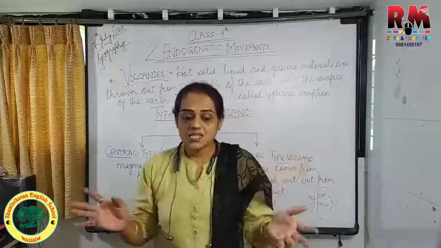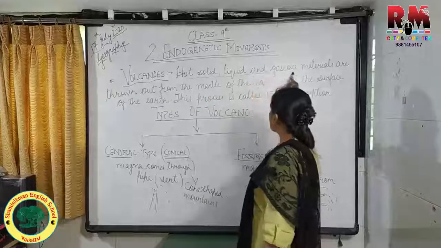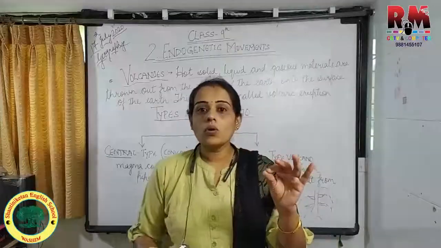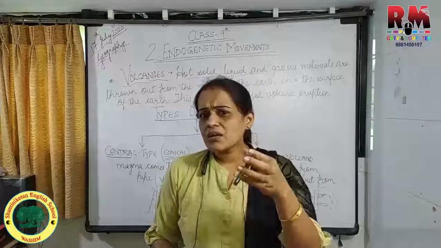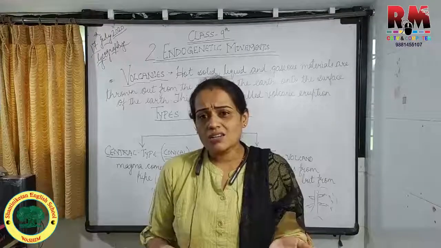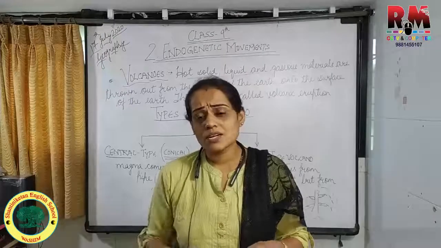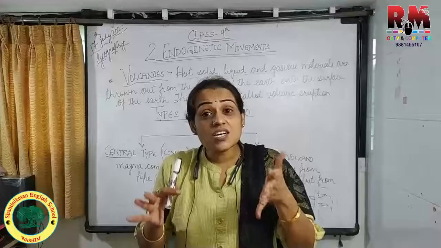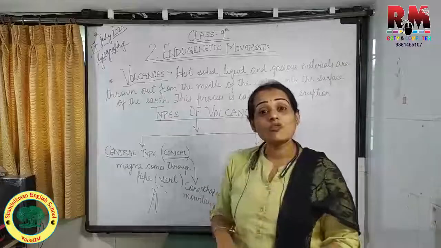Students, as I told you earlier, in a volcanic eruption the hot solid, liquid and gaseous material comes out. Now just take an example. Can we hold a glass of warm water? We do not hold even a glass of hot water properly, we let it cool down for a while. And water boils at only 100 degrees Celsius, or milk boils at only 100 degrees Celsius, and we cannot hold that. So just imagine how hot this material would be.